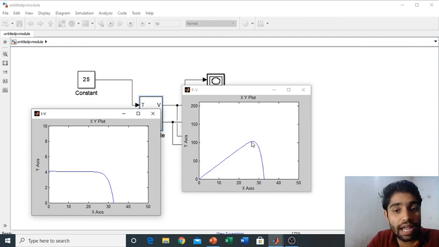We are not able to obtain this maximum power if the load changes. All these things we see in the next lecture, where we connect the load on this panel.